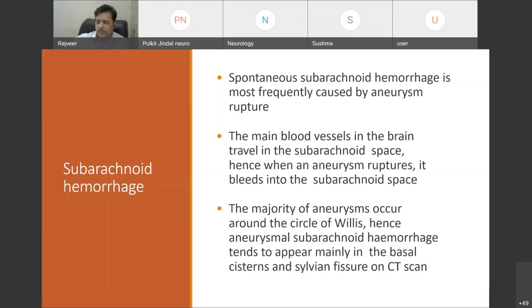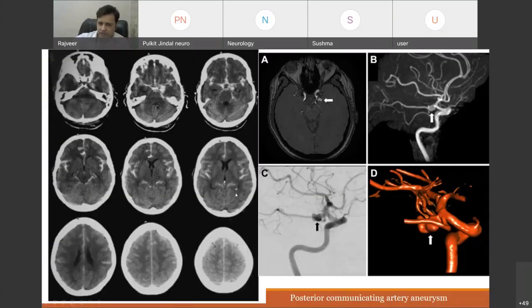So when there is an aneurysmal bleed, we usually find it in the basal cistern or the subarachnoid space in the sylvian fissure. And because blood is very irritant, when it seeps into the subarachnoid space, the patient will have thunderclap headache. What you see in the subarachnoid hemorrhage are these hyperintensities. This is a subarachnoid hemorrhage in the sylvian fissure. You can see this side subarachnoid, and on the other side the basal cistern. This is subarachnoid hemorrhage.